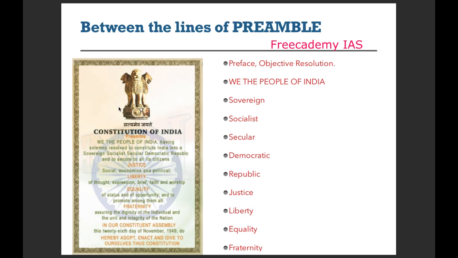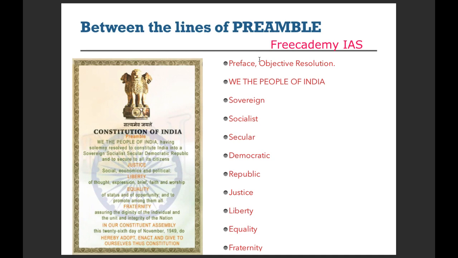So the thing is, first, the preamble is basically the preface of the constitution. It is like if there is any book, there is some introduction of what the book contains and what its type is. So it is a preface, or like the identity card of the constitution. What the constitution has in its essence is covered in the preamble. And it is based on the objective resolution passed by the Constituent Assembly, as proposed by Pandit Nehru at the start